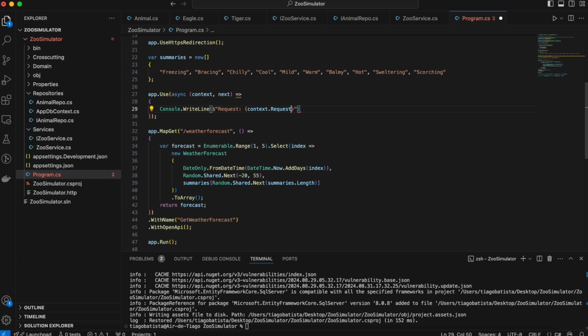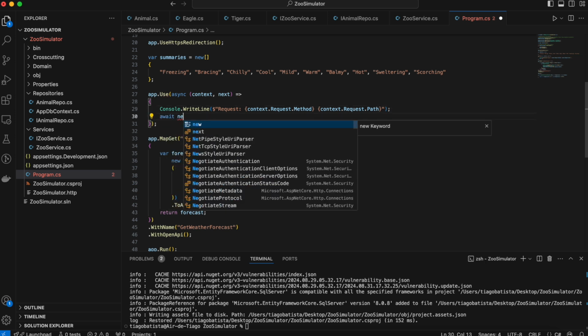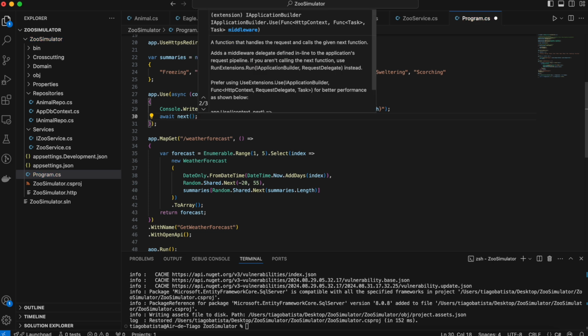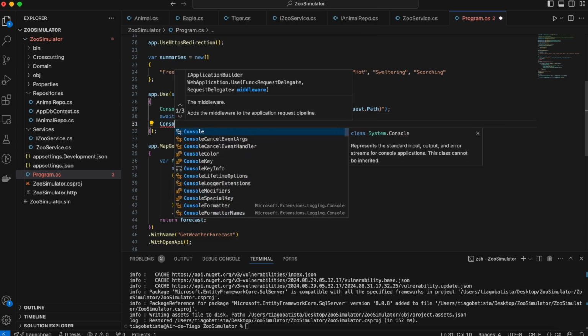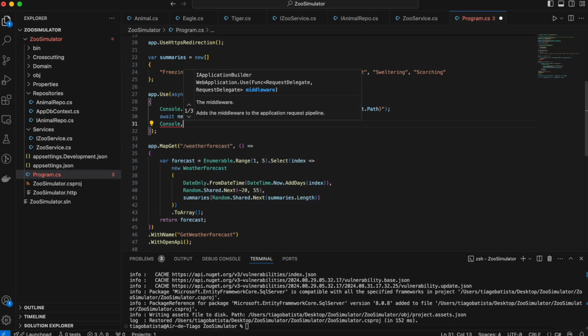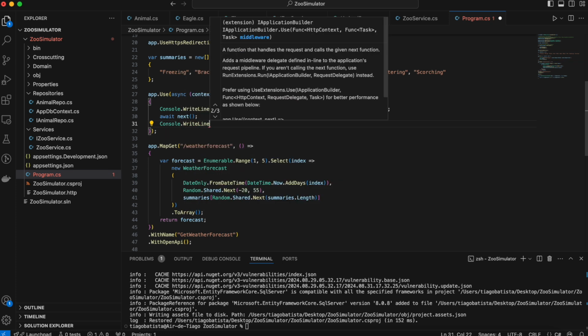Then we go to the request and then method. This will be useful for logging, for debugging, and then the context.request.path to check what we are doing in the API. Then we will await for the next request, and then this within the context of the app, and then we will write line